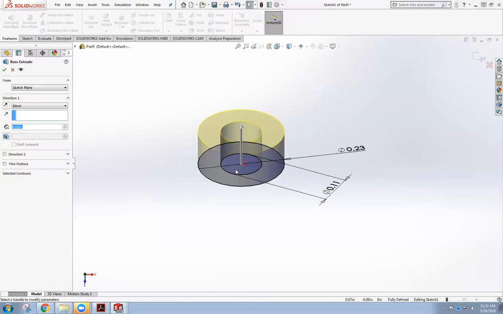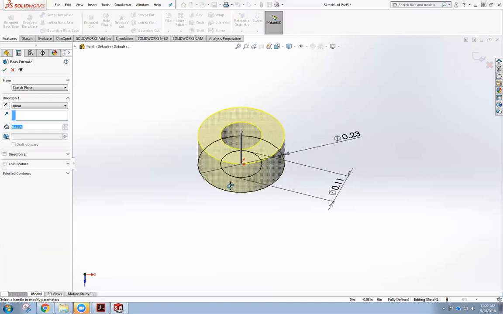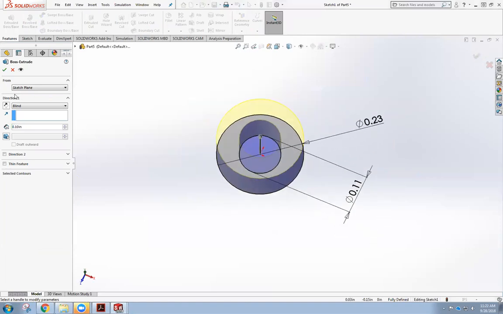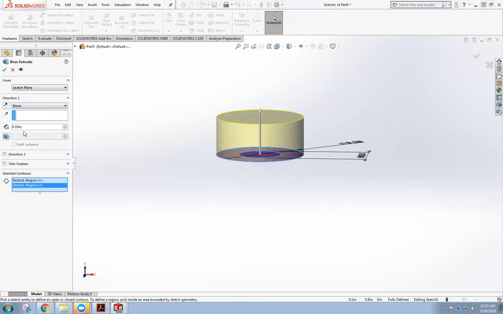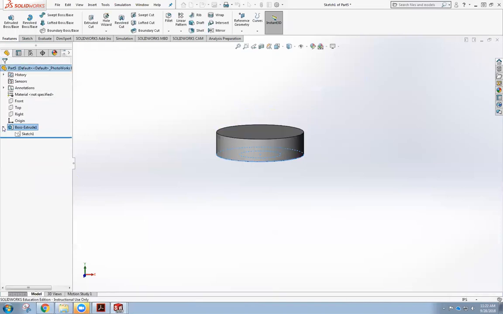Extrude. Okay, so from that top plane, I need both of these contours actually. And it's going to be what? 0.6. So it's like 0.06. There we go. I'm going to click on the little drop down arrow, hit the sketch so it's highlighted blue,